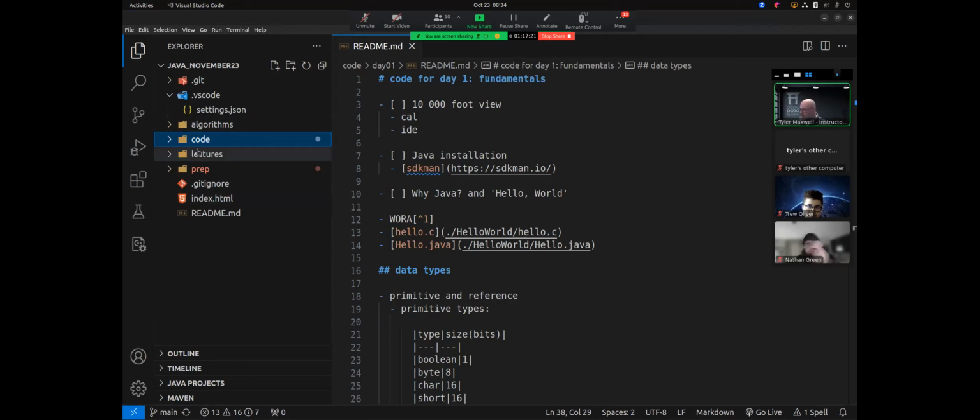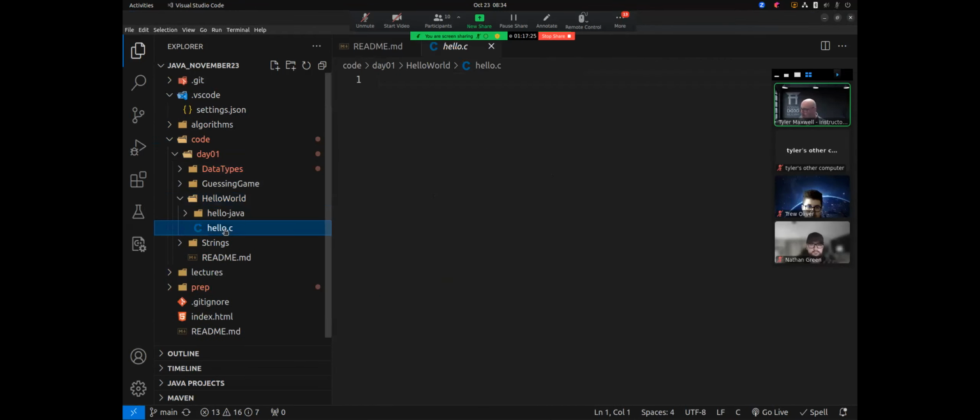Okay, so I'm going to come into the code directory in Hello World, and I'm going to write the Hello World program in the C programming language. I'm not going to teach you C, don't freak out, but I'm just going to show you an example of a compiled language, because C is the only other compiled language I know.